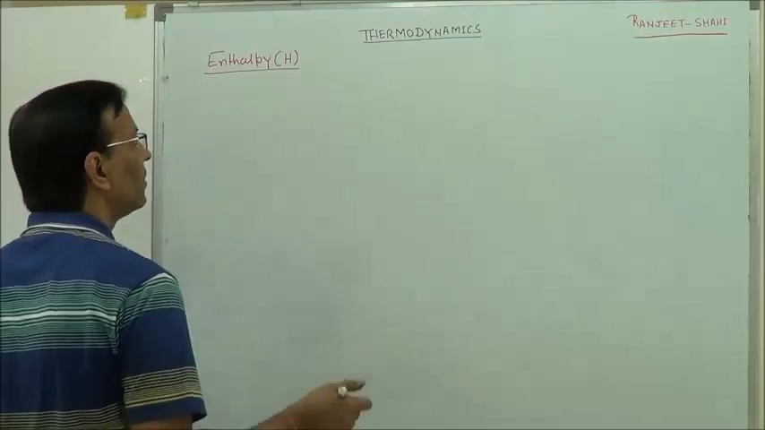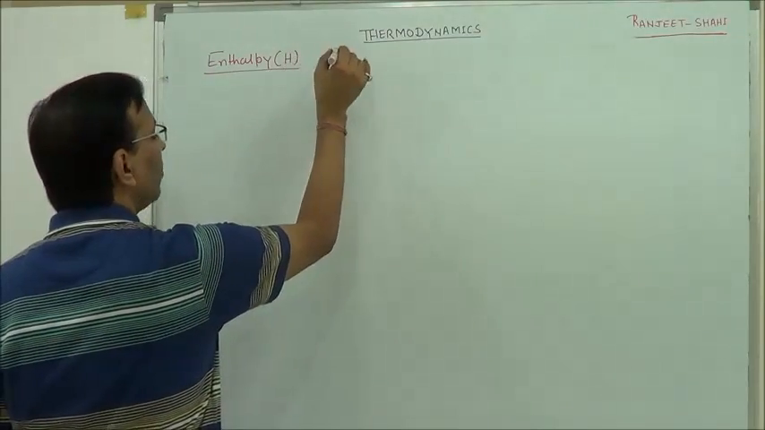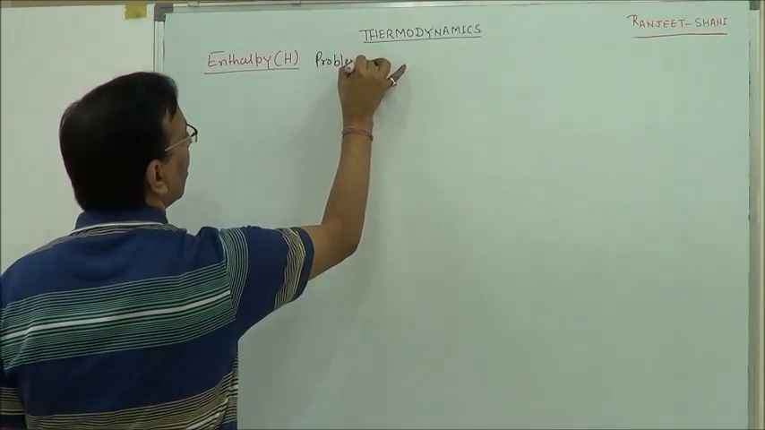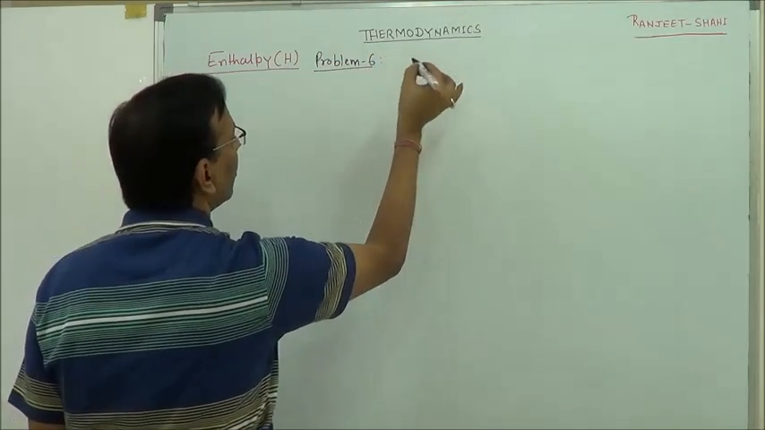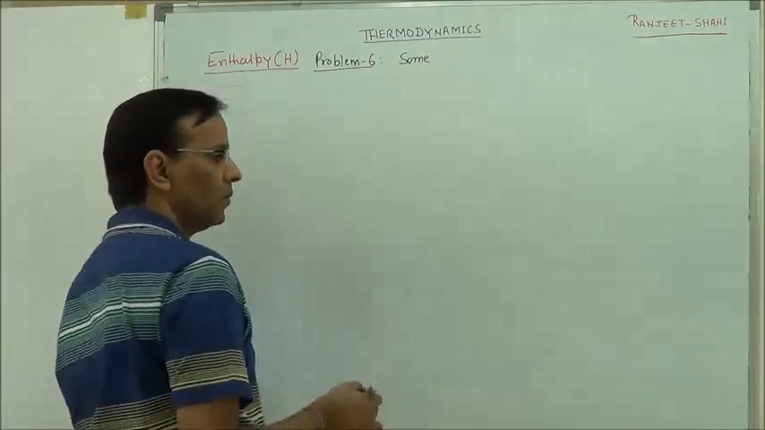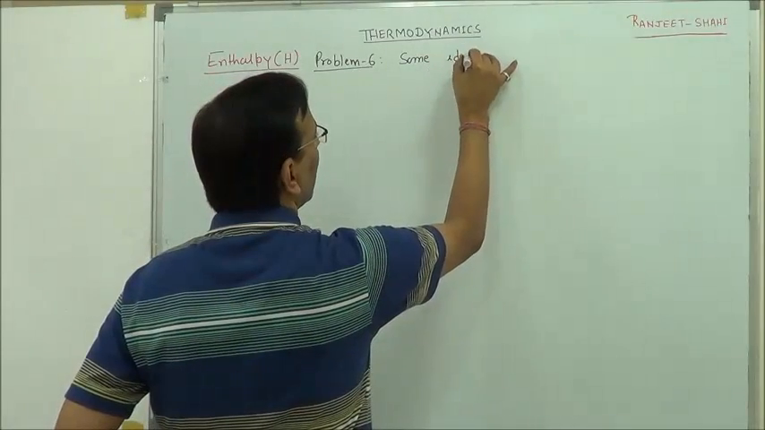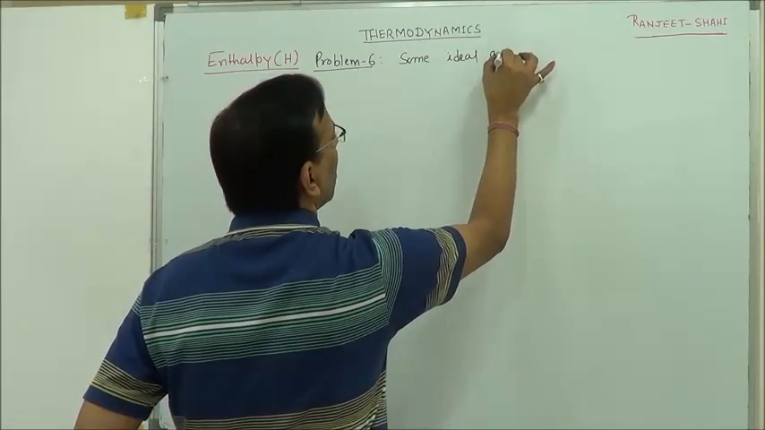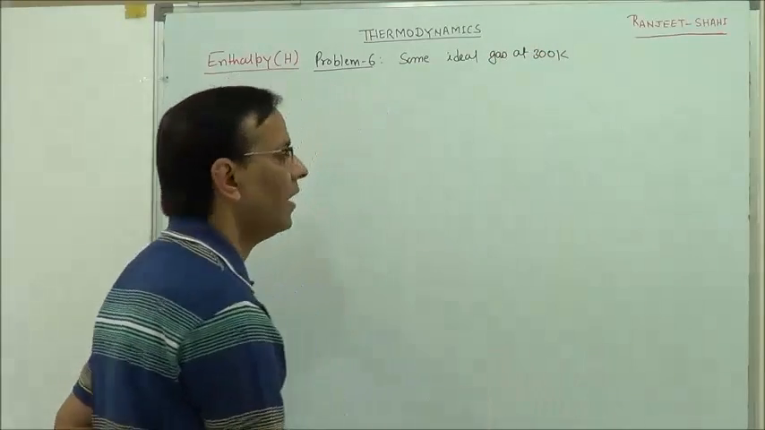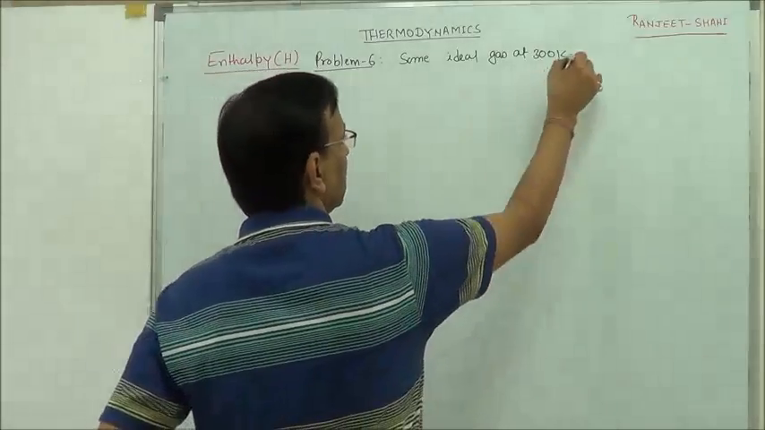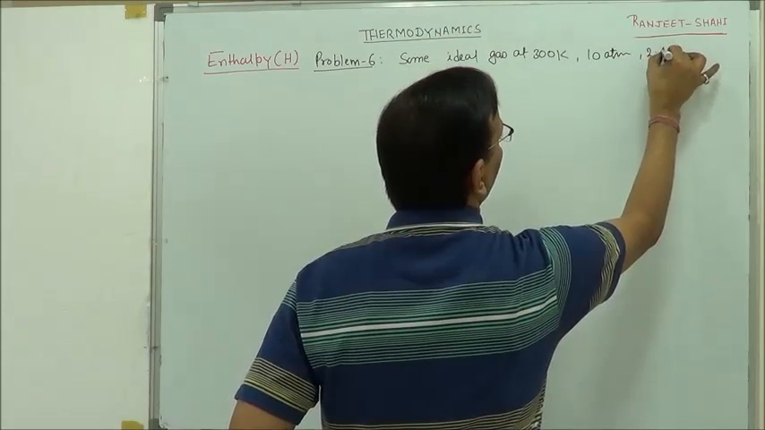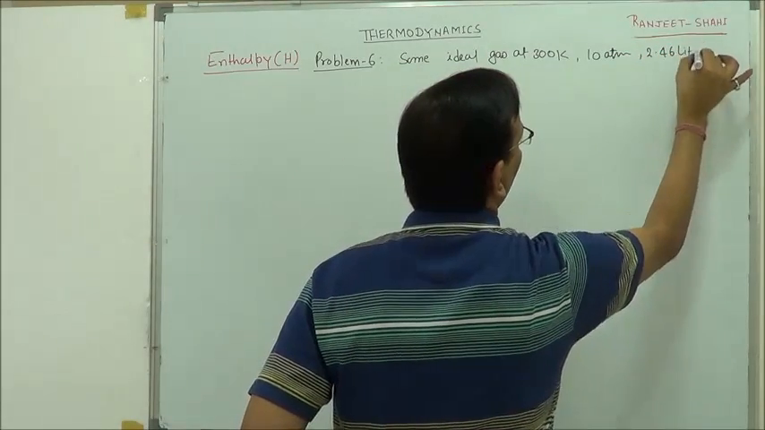The question given will be our problem number 6 today. Some ideal gas at 300 Kelvin, 10 atmosphere pressure, 2.46 liter volume,